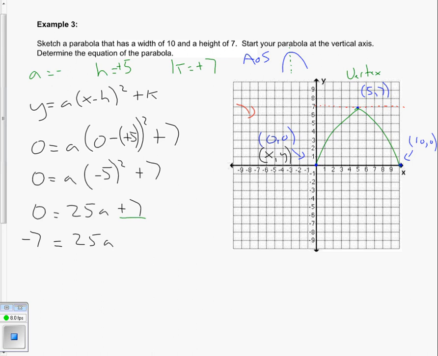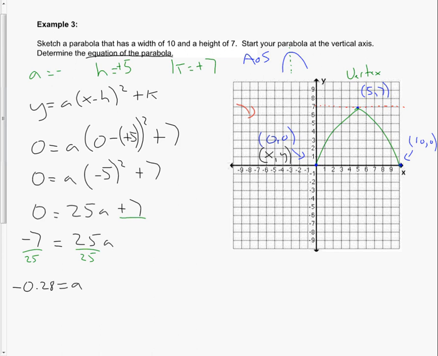So then I need to get rid of this 25, which is being multiplied by a. So I'm going to divide both sides here by 25. So both sides are divided by 25. And so that means that my a value is actually negative 7 divided by 25, which is actually negative 0.28. Okay, so now that I've identified what my a value is, I have to actually complete this by saying